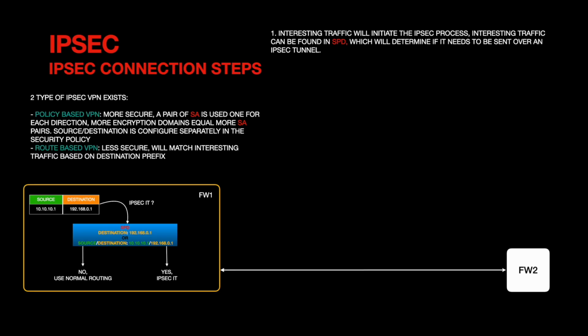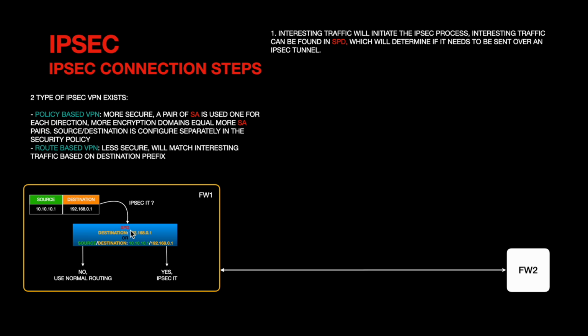Okay, so at this point we'll talk about how the IPsec connection is happening. It is worth mentioning that there are 2 types of IPsec VPN. We have the policy-based VPN and the route-based VPN. The type of IPsec, either route-based VPN or policy-based VPN, is describing how the traffic is selected to be sent over the IPsec tunnel. So in the route-based VPN, if you have this packet, for example, entering the firewall,